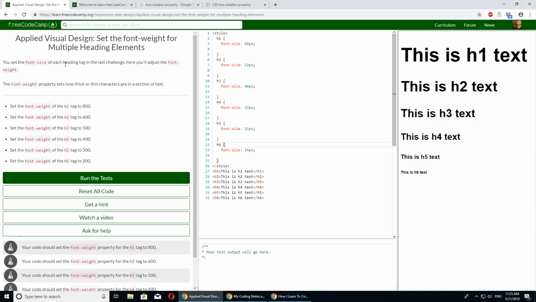You set the font size of each heading tag in the last challenge. Here you'll adjust the font weight. The font weight sets how thick or thin characters are in a section of text. Oh, it's like bold, but you have more control, I guess. Oh, interesting. Font weight